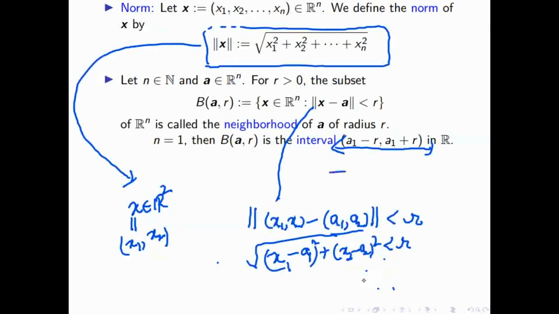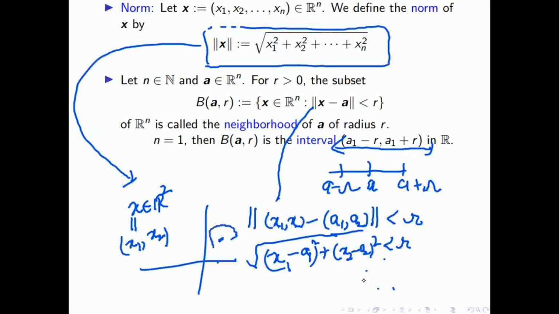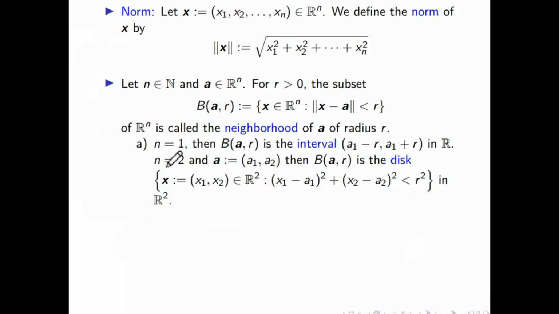So whatever the interval looks like here in this picture, suppose this is a, the center, so this side is a plus r and this side is a minus r in R. If you are in R2, the same thing will look like this. Suppose this point is a1 comma a2, it is a circle with center at a1 comma a2 with radius r. And the internal part of that will become the interval in R2. Whatever we are calling an interval in R, the same thing we get as the internal part of the circle, and that is called a disk. So for n equal to 2, x1 minus a1 whole square plus x2 minus a2 whole square is less than r square. That means this is called a disk.